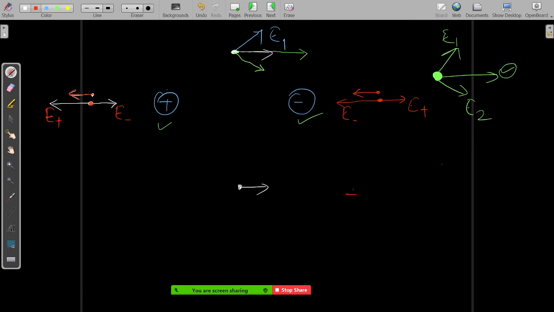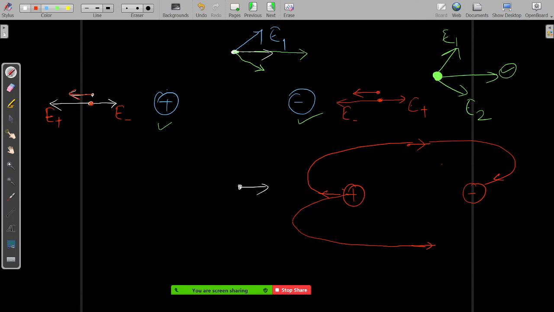So an approximate diagram, if you want to draw, of a dipole. Dipole means two equal and opposite charges are there. Then you can see that at this point the electric lines of forces are in this direction, correct? And here the electric field lines are in this direction. So overall, the electric field lines will be something like this, coming from the positive charge and going to the negative charge.